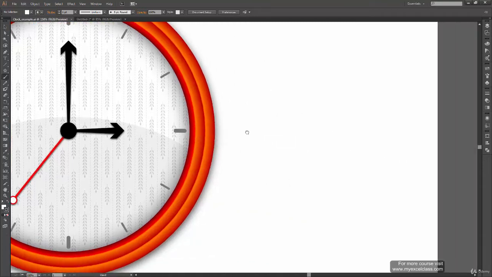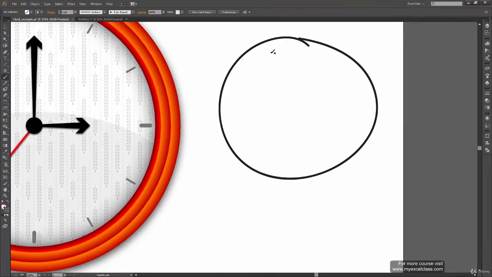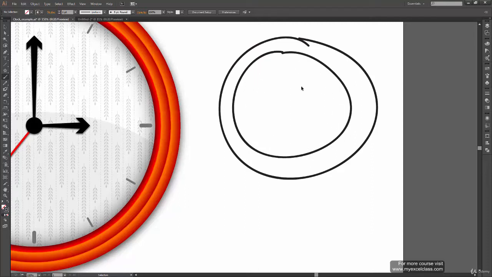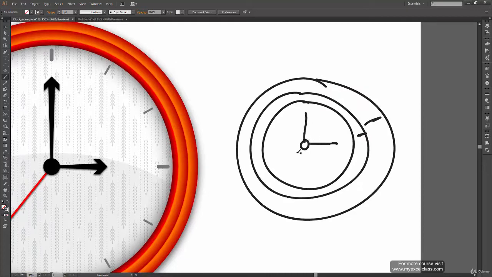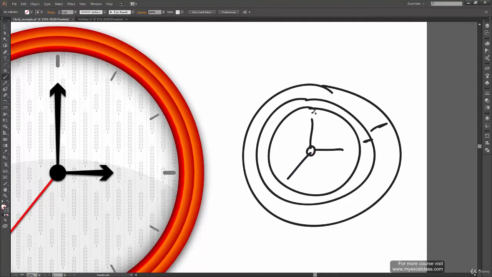Let's say I create this outermost circle, and then there is a circle inside it, and then there is a circle inside that. So something like this. Then these 2 circles will have an orange fill, and then in the center we will create one more circle, and then these 3 lines. And then how to create these things we will see. We can use the rotate tool here.